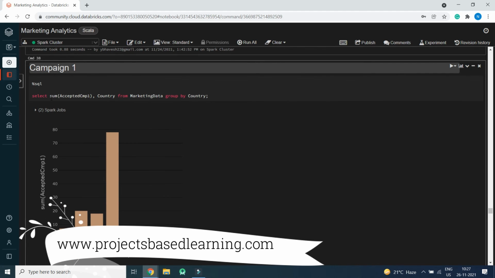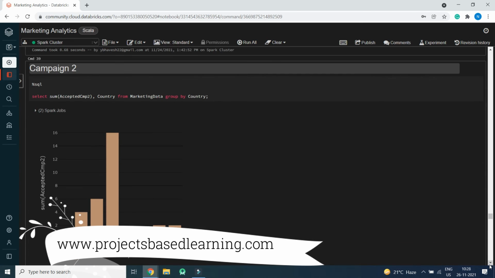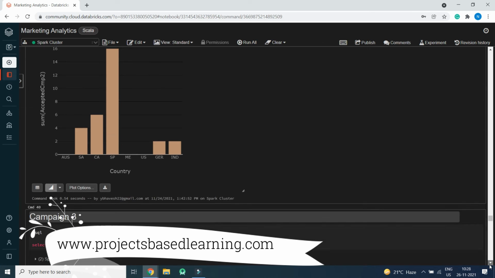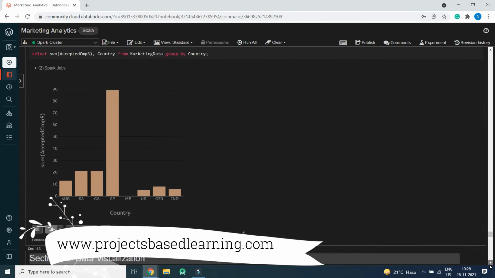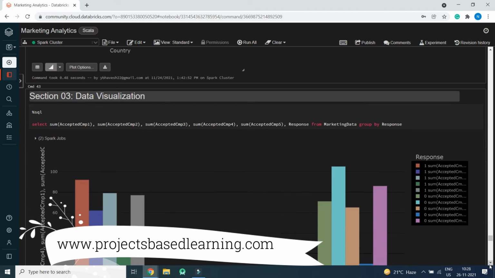This is the campaign 1 output. Select sum of accepted campaign 1, country from marketing data, group by country. So this is the performance of campaign 1 with respect to country. It is the same for campaign 2, campaign 3, campaign 4 and campaign 5.